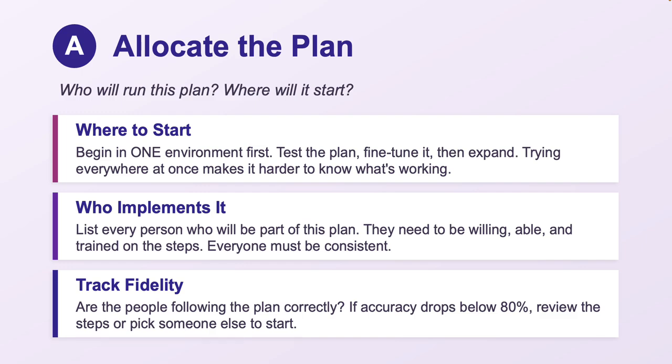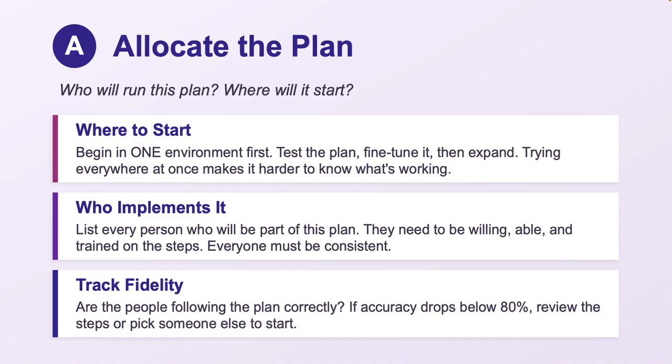Then you look at who implements it, list every person that needs to be a part of this plan and talk with them, show them what is the expectation here, right? They need to be willing, able, and trained on the steps that they need to do in order to work with your child and create that environment everywhere, right? As much as possible, people should be consistent with whatever this rule is. Now, sometimes there's going to be variability in that, and that happens. We have to accept a little bit of variability. But as long as you're supporting your child and you're checking in, seeing what works, adjusting when it doesn't work, it'll be okay.